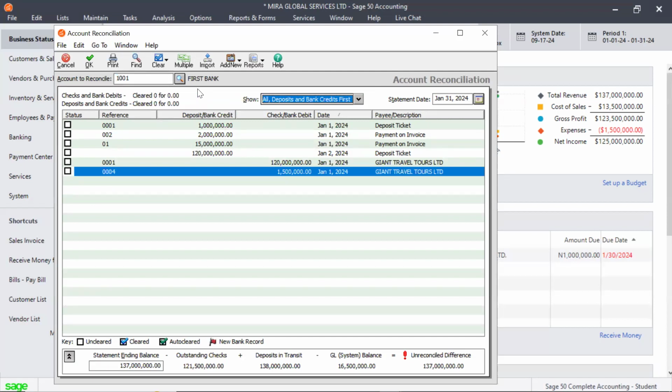Once you have done this, what do you wish to reconcile? Do you want everything or just deposits only? If it's all, select all: deposits, credits, everything. You can just select them this way. Okay, so once you're done with this,